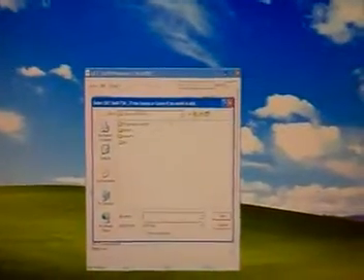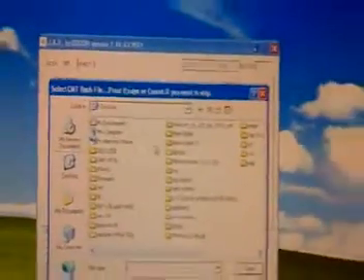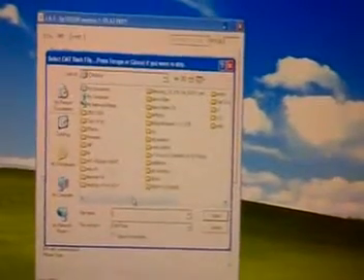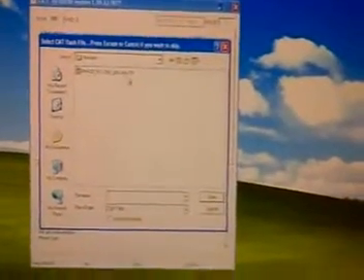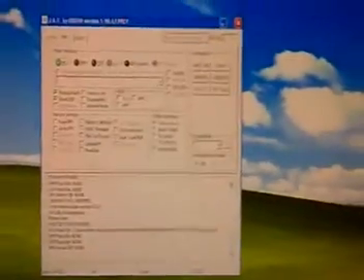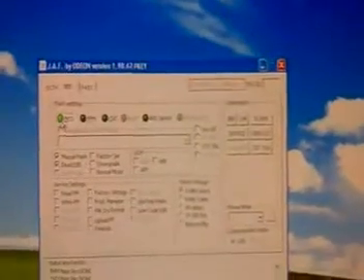Now select the file where you have kept it. I have kept the file in a folder called firmware on my desktop, so I go to the folder and I select the core file. Now you can see here the core file. Select it, click open. Now the button should go green.